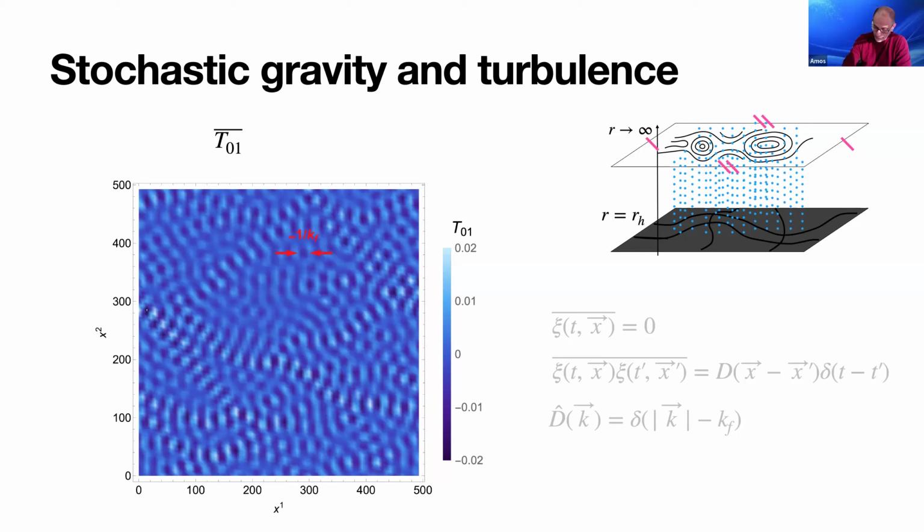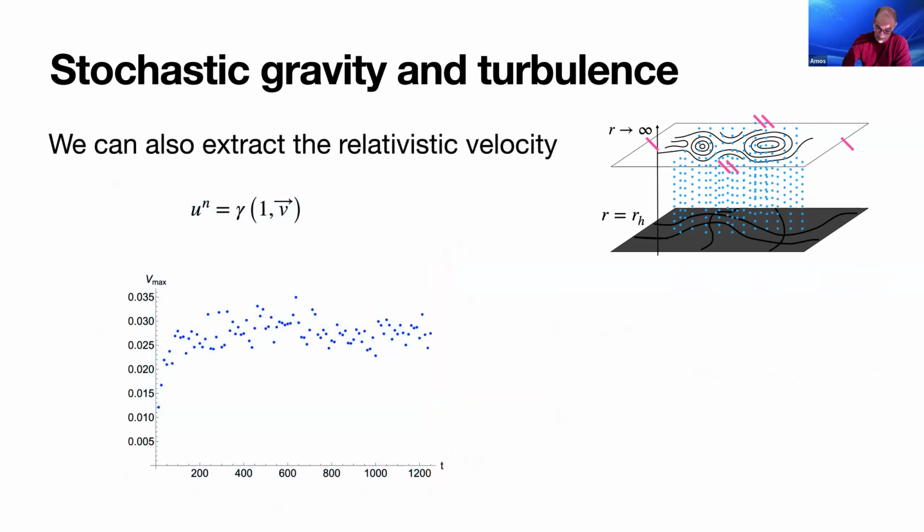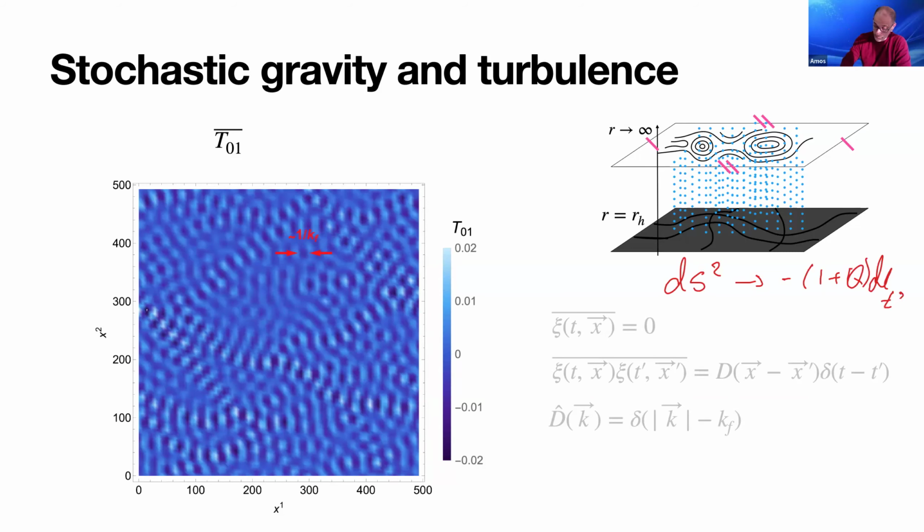So remember that the metric on the boundary went like minus 1 plus q dt squared. Oh, sorry, dt squared. And this q was associated with some random variable, which you can roughly think of as psi. When you run the thing, at t equals 0 you pick one value of psi, and then at t equals delta t you pick another value of psi, and you do this again and again, and you get some evolution.